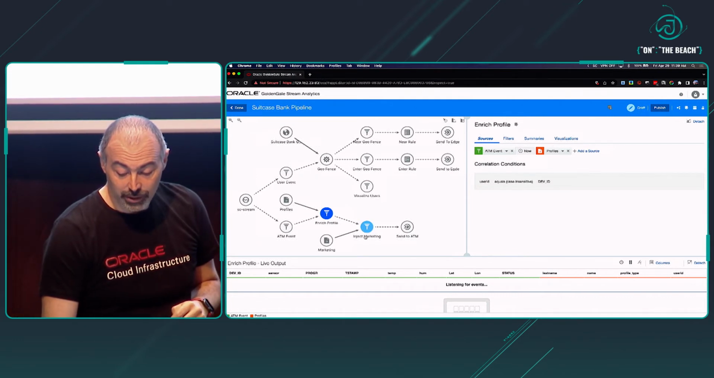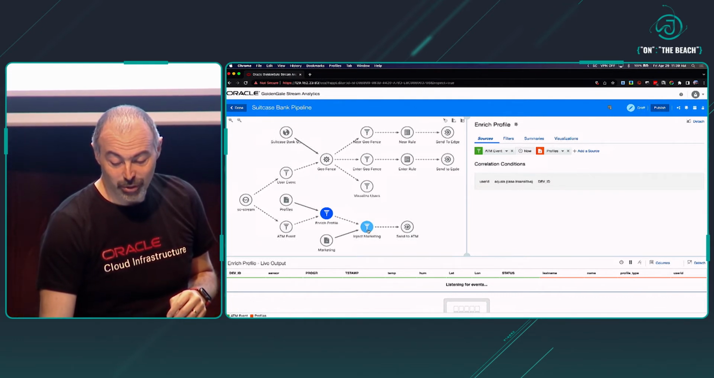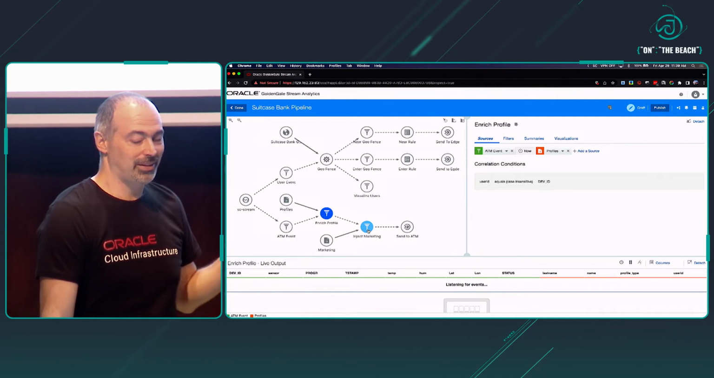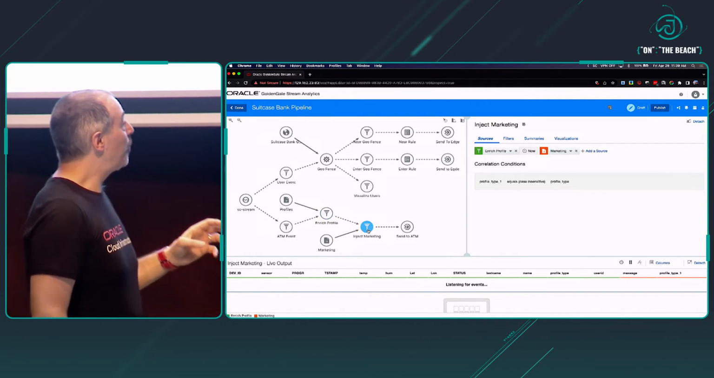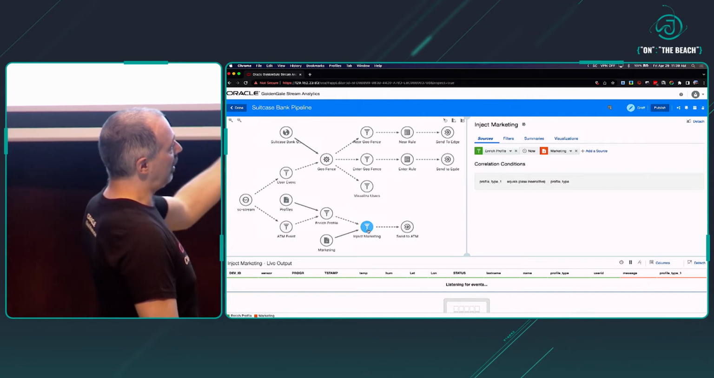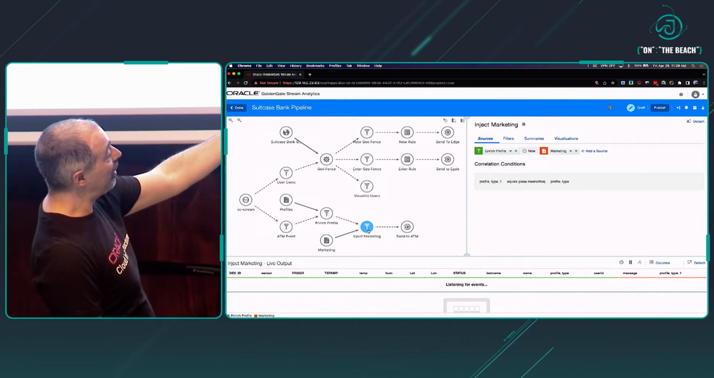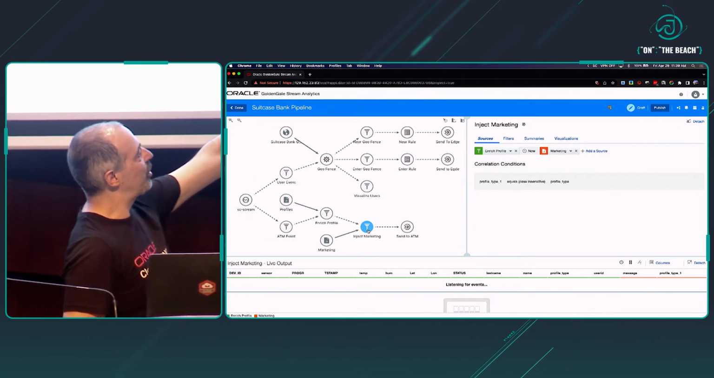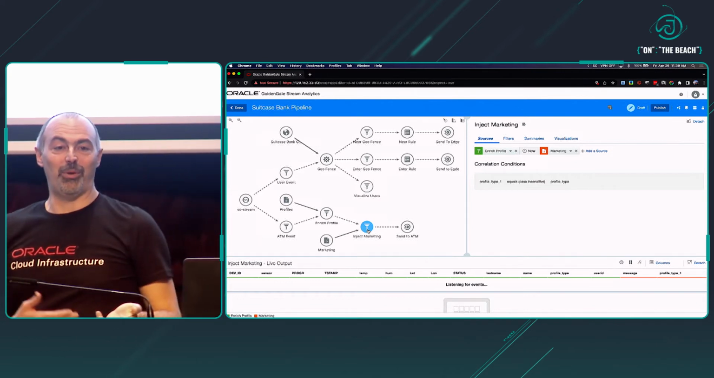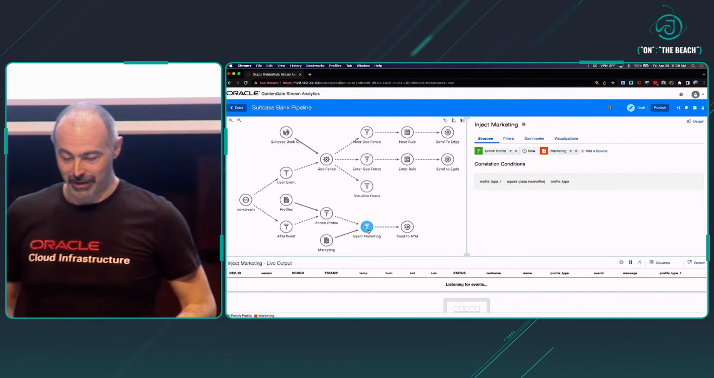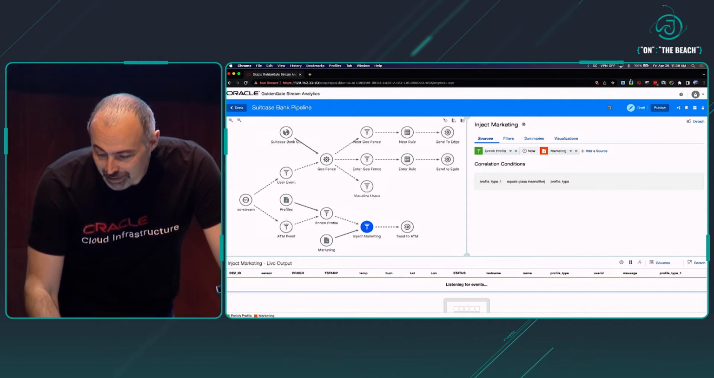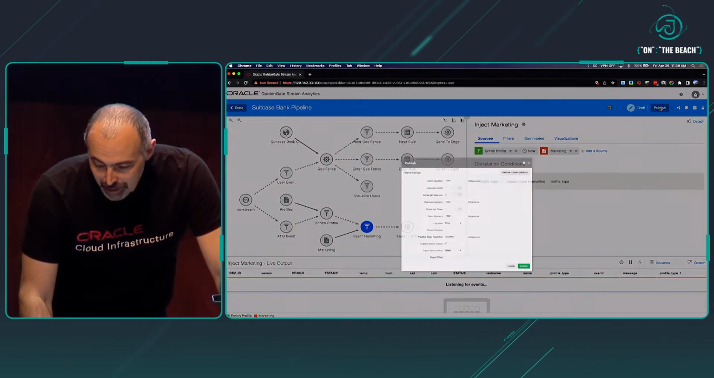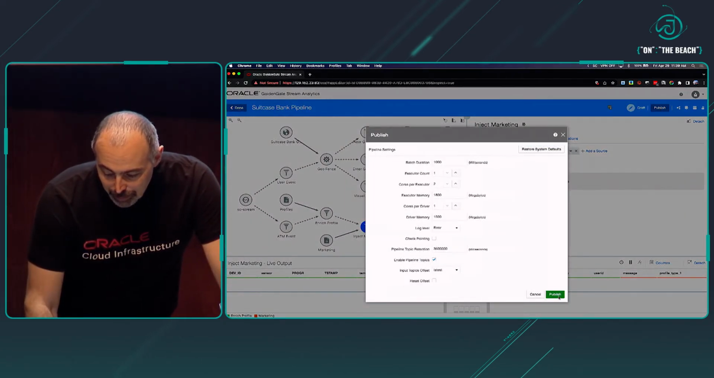Then we have a second level of enrichment that in this case is called marketing enrichment. And is where we are basically using the profile type to get the message. The message for us will be promo gold or promo silver. That's basically it. Now, if I go back and publish the pipeline,